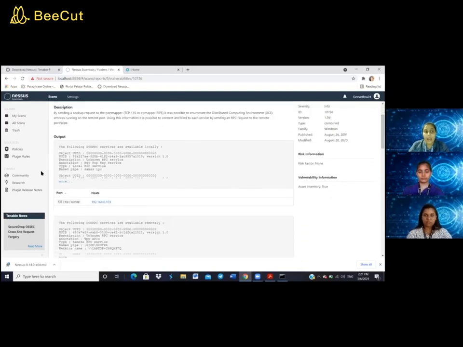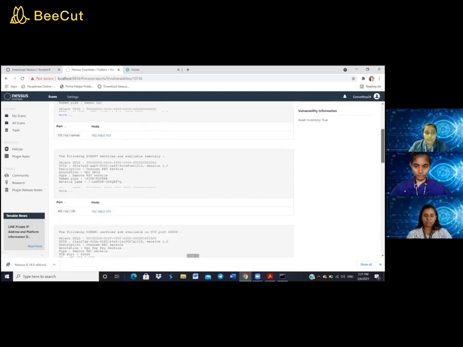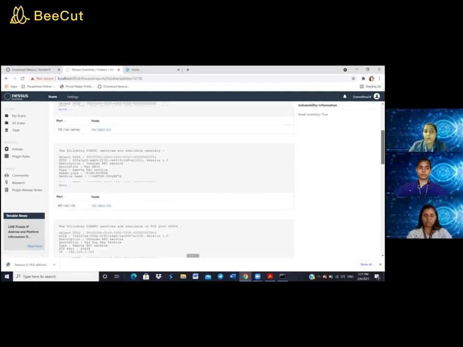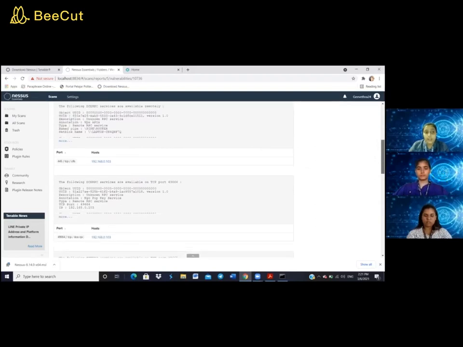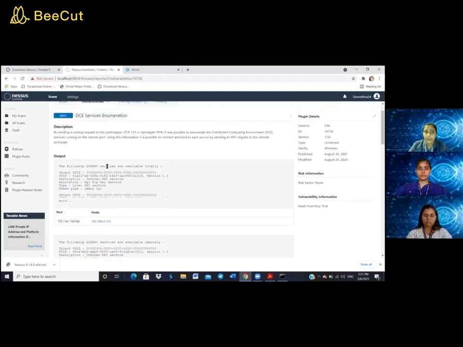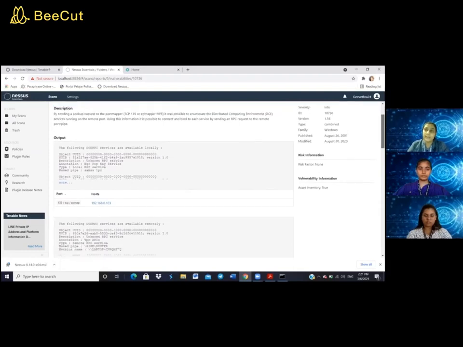As we can see the output, what is the port scanned and the vulnerability. Host is my IP address that we entered just now. We can see all the following information regarding the services available, and we can see the main scan port that is reported as a vulnerability.